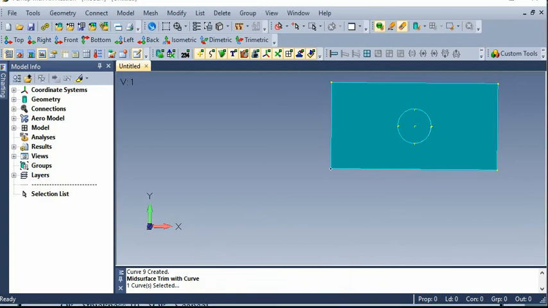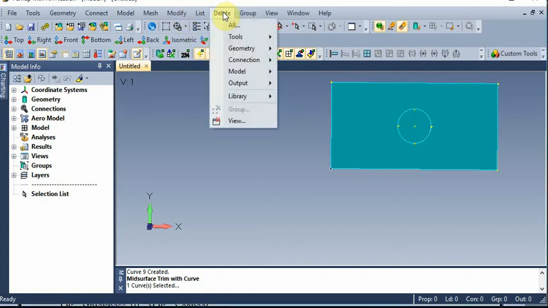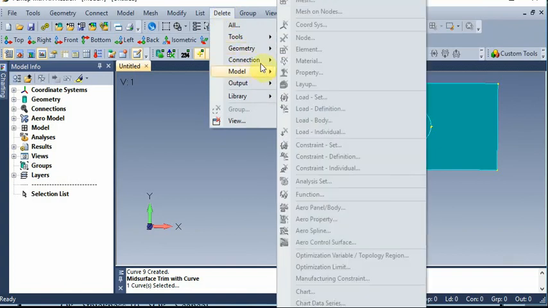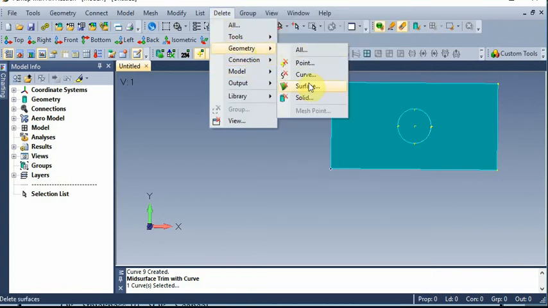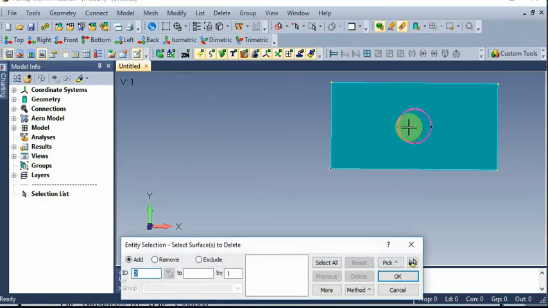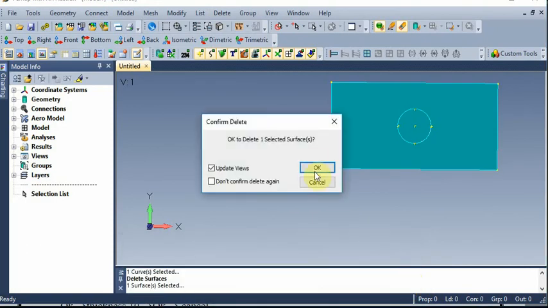Right now we have separated the circular portion and the rectangle portion. Next we need to delete that circular portion. For that, go to delete, geometry, surface. Now select the surface to be deleted. So delete. Okay.